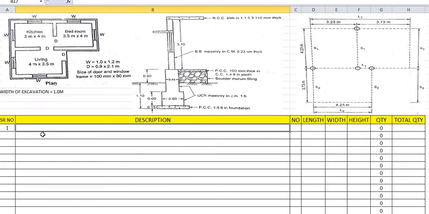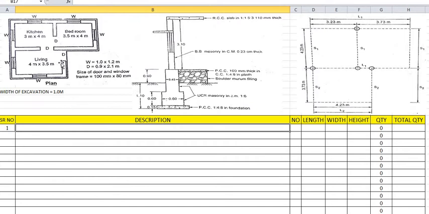So first we will find out the earthwork in excavation as usual. So what is the height of earthwork in excavations? It has been mentioned as 1.10 meters. So this is the total height of earthwork in excavations from the bottom of the PCC up to the ground level, ठीक है. So up to the ground level, the total height we have to dig or excavate below GL. So what is the height below GL? The height below GL has been mentioned in the drawing as 1.10, ठीक है.